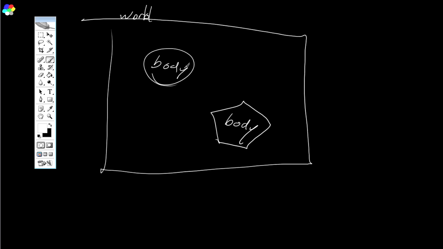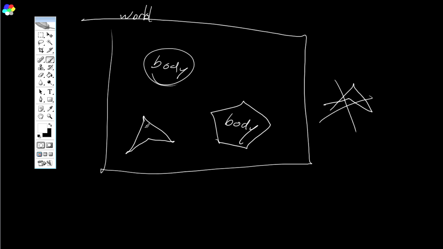Now circles, they have a radius, pretty simple. Polygons, there's a restriction on them. They have to be convex. You can't have a concave polygon like this. That's not allowed. And you might say, well, Chili, what if I wanted a body that was shaped like this? And the answer is